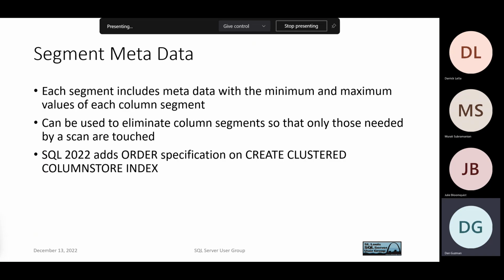Let's see. I did mention the segment. Okay, so I forgot to speak to that first bullet here. Each Columnstore segment has metadata associated with it that essentially has the minimum and maximum values of each column within